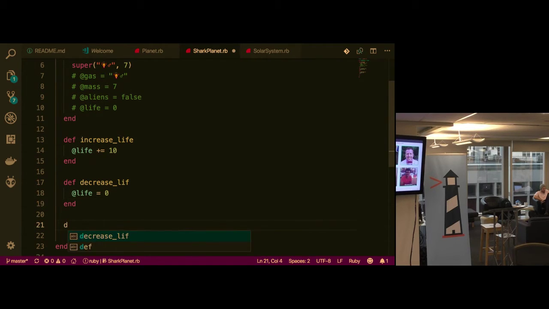And then you can have custom behavior, like the planet itself can go for a swim, because why not? Because Ruby. And I don't know what that would do. Anyway, you would override existing behavior and you would implement custom behavior. That's usually why you would subclass, and add new state.